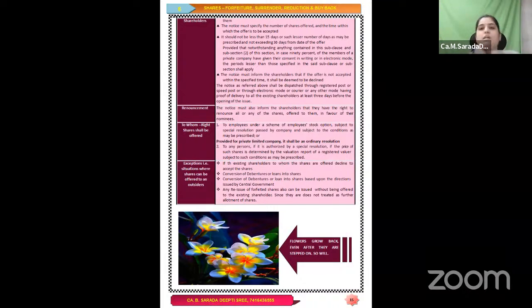Okay, so with this we have completed this topic, and now we will go for the next topic relating to debentures, deposits, and charges. We will deal with this particular topic. So for that, let's wait for